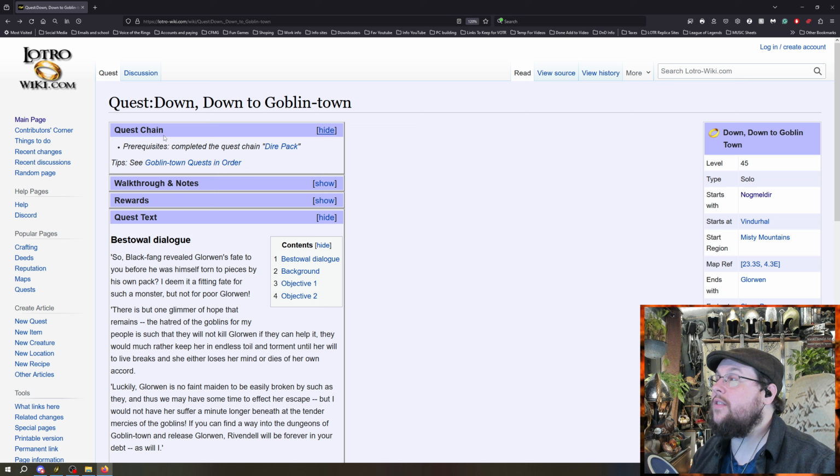Everything on Lord of the Rings Online, minus the exceptions of instance locations, pretty much everything on the world map has coordinates, okay? So pretty much everything will have coordinates in the game. You can always use the quest tracker to find things, but if you're really struggling and the quest tracker is not helping you,